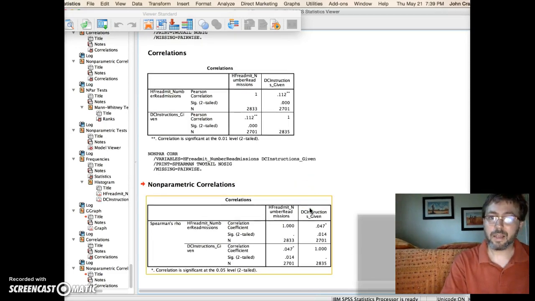So if we go and look at the non-parametric correlations, we're going to find Spearman's rank correlation coefficient here. And this is the heart failure readmission numbers and the correlation coefficient with discharge instructions given. So you can see here the correlation coefficient is 0.047 or 4.7%. So it's a very, very weak relationship. And it indicates that the higher proportion of hospitals that give discharge instructions are going to